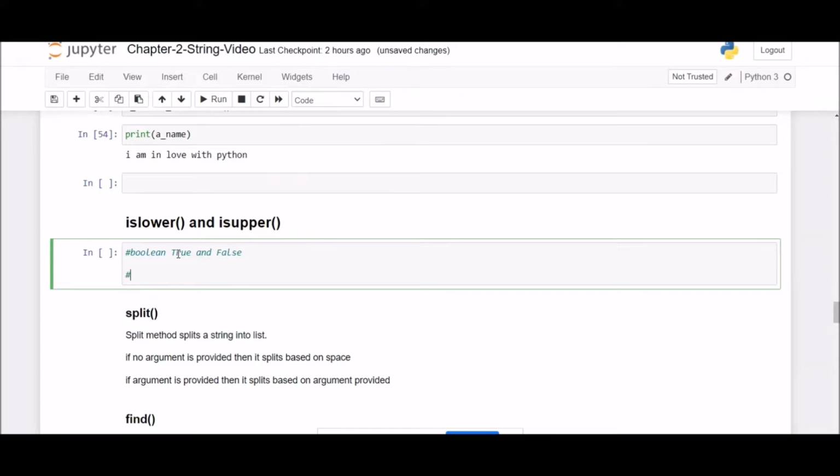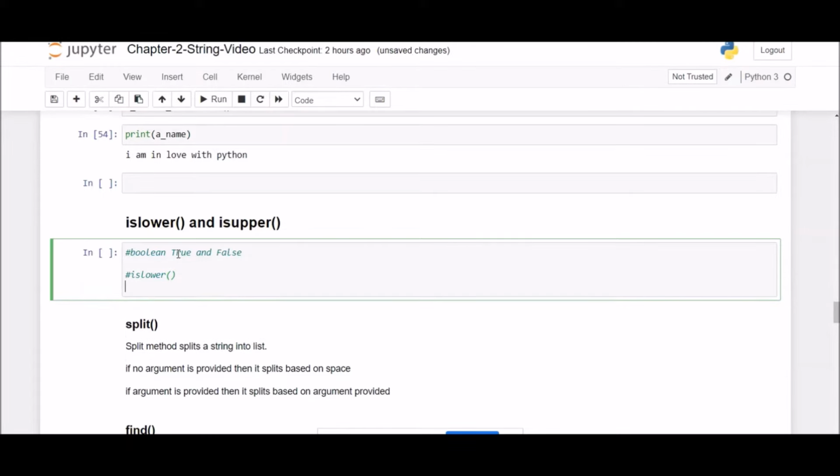Let us talk about is lower first. If each and every character in a string is in lower case, then it will return true. Otherwise, it will return false.